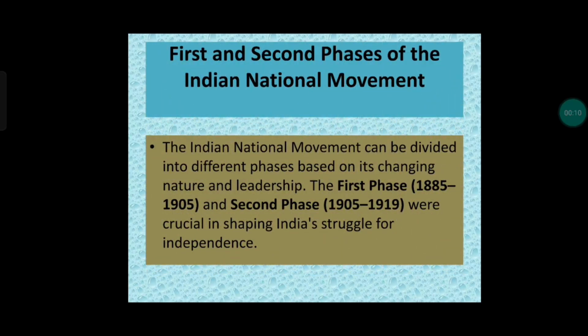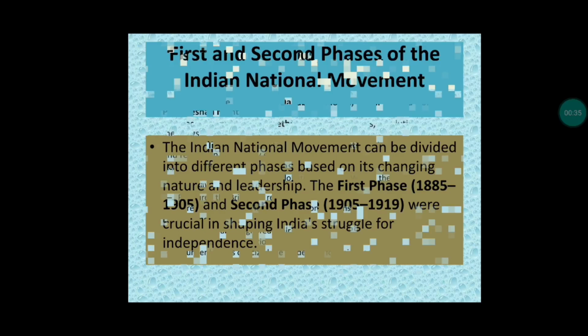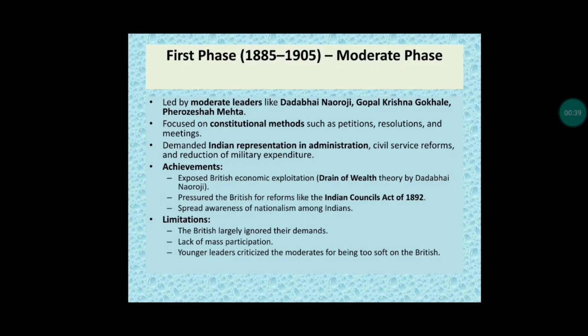First and second phases of the Indian national movement. The Indian national movement can be divided into different phases based on its changing nature and leadership. The first phase 1885 to 1905 and the second phase 1905 to 1919 were crucial in shaping India's struggle for independence. First phase, that is 1885 to 1905, the moderate phase, led by moderate leaders like Dadabhai Naoroji, Gopal Krishna Gokhale, and Firoz Shah Mehta,